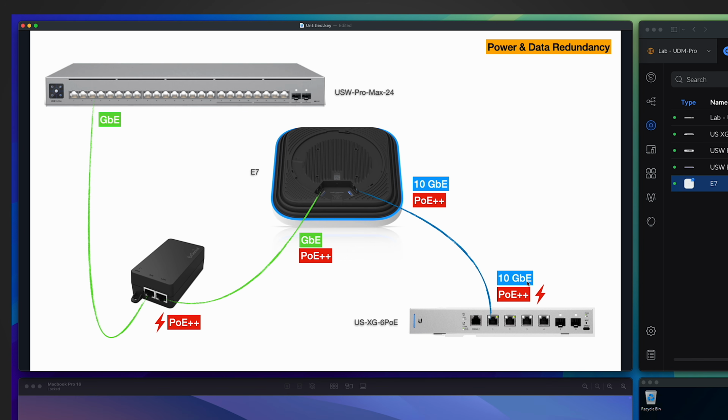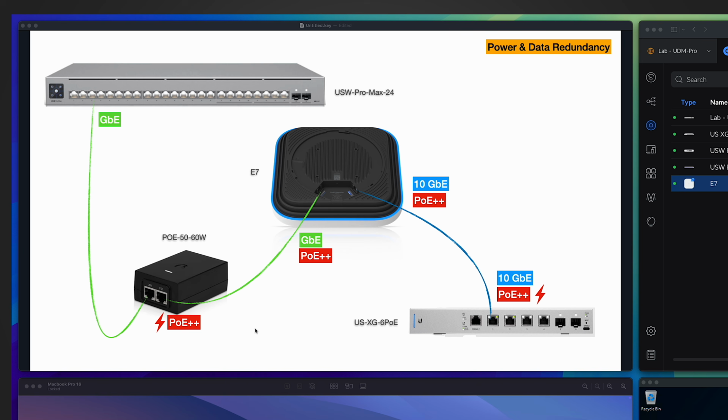It seems their campus switch will support that, but it's not released yet. So that's why I'm using this switch for this video, right? And I use another switch, a Pro Max 24, to provide the 1 gigabit data connection for the high availability purpose. And then I still miss a power source for the redundant RJ45 part to provide PoE++ power supply,